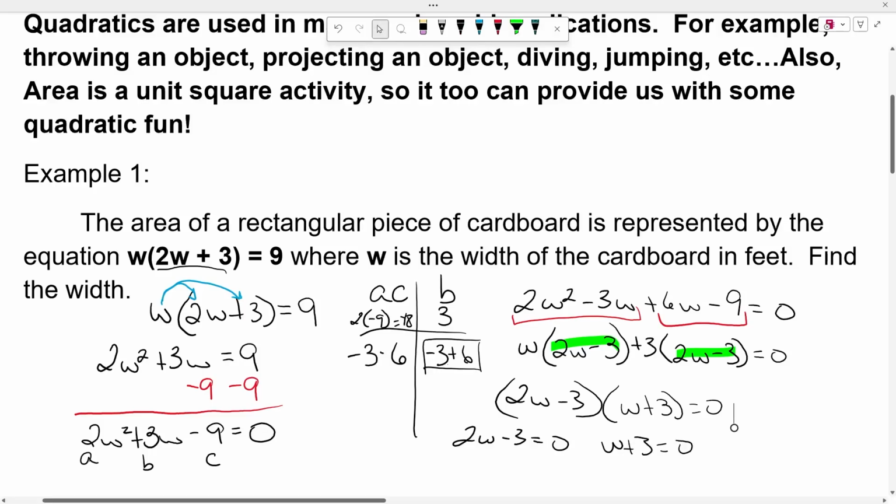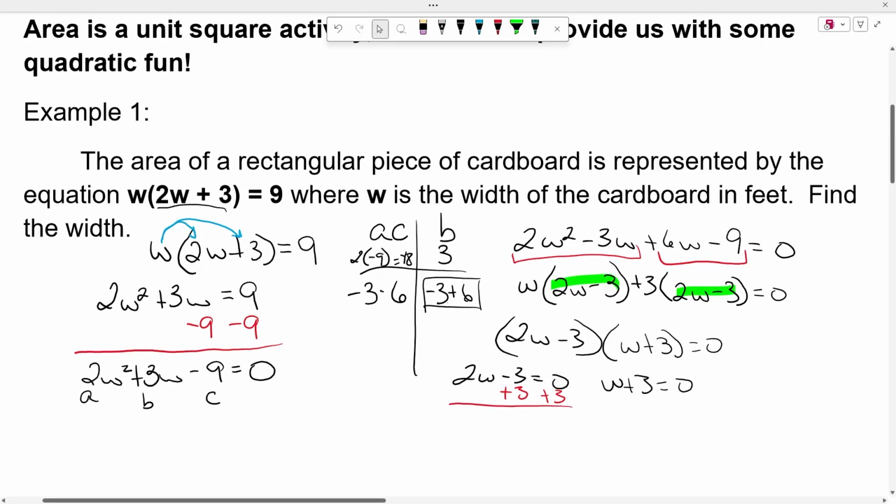This here, the one on the left, I add 3 to both sides. And I have 2W is equal to positive 3. I divide both sides by 2. And I see that W is equal to 3 over 2,